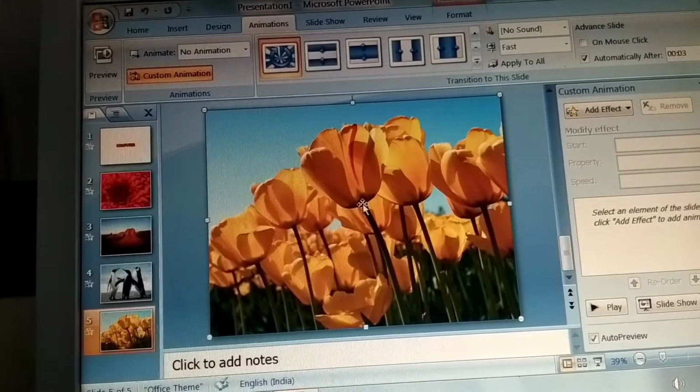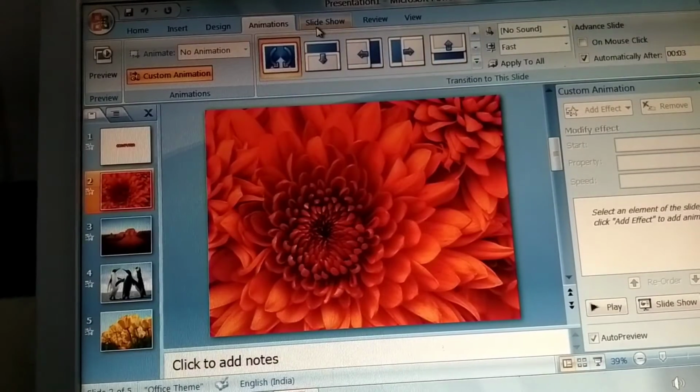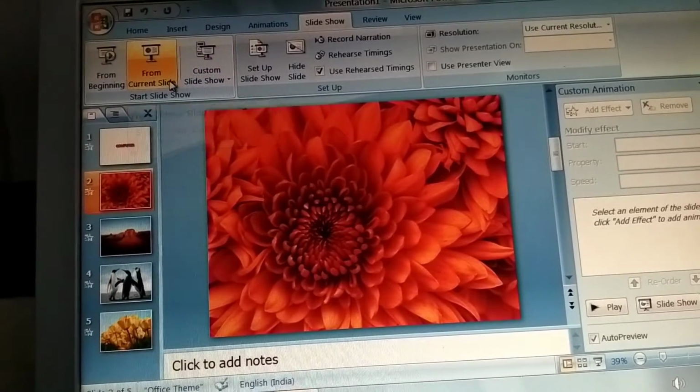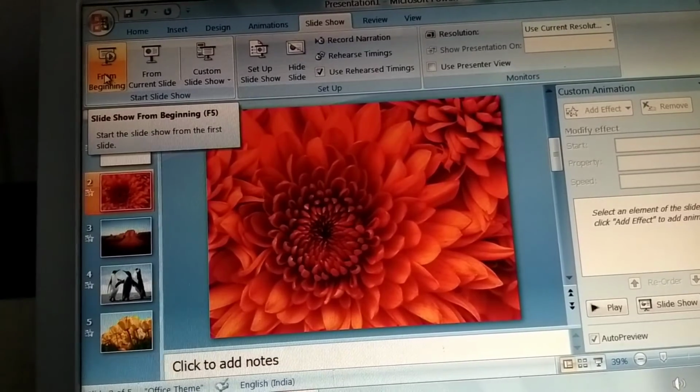So now we will start our animation. How to start? Click on the Slide Show tab and here options are there: From Current Slide or From Beginning. We want From Beginning. Now when we click From Beginning, since we selected automatic, it will start, and every 3 seconds the slide will change through object and slide animation.